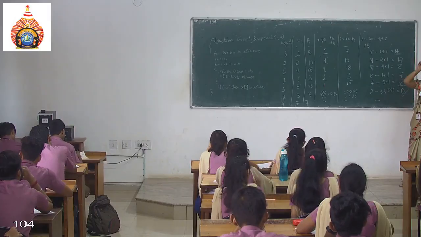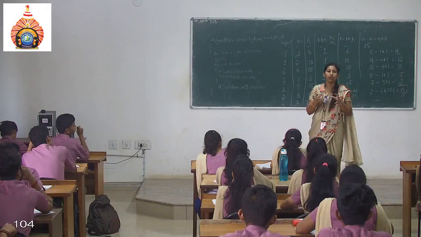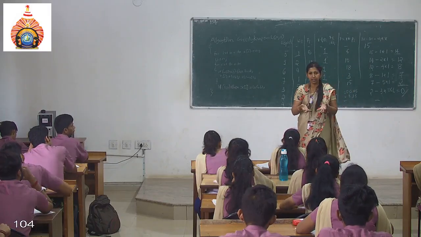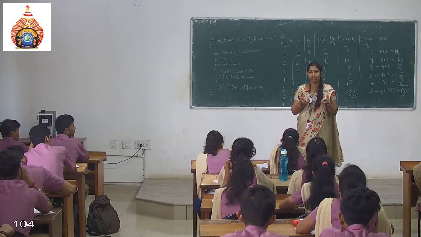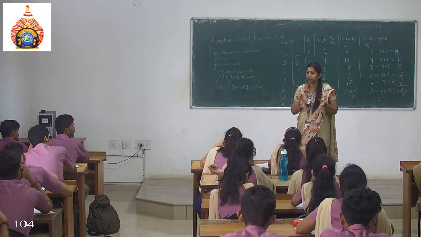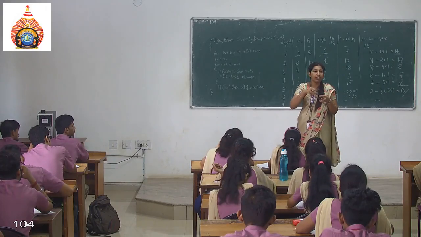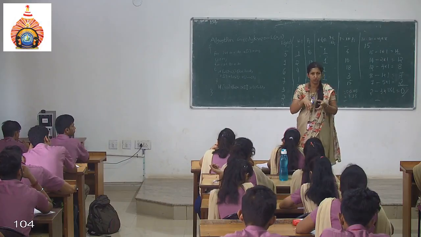Fine. I'll just brief about what is knapsack. Knapsack is something like: I have a bag. The weight capacity of the bag is some X kilo. Consider here the weight of the bag is 15 kilo, meaning that I can put only objects totaling 15 kg. Now how many objects can I put? I have many objects. So how many objects can I put into the bag